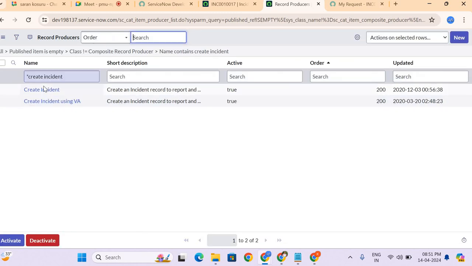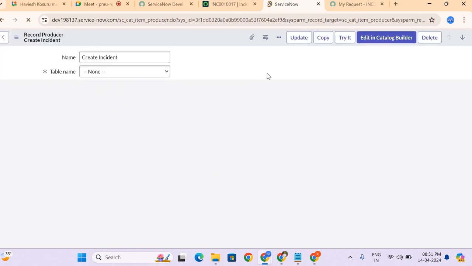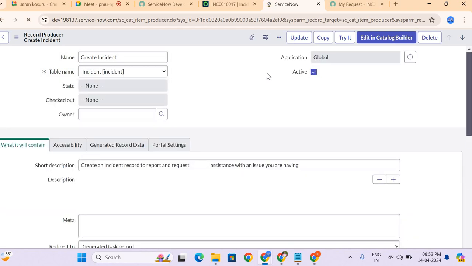So let's see the incident table record producer. So the name, you have to provide the name of your item. Again, table name. So why we are specifying the table name? So in which table this particular record is to be created.